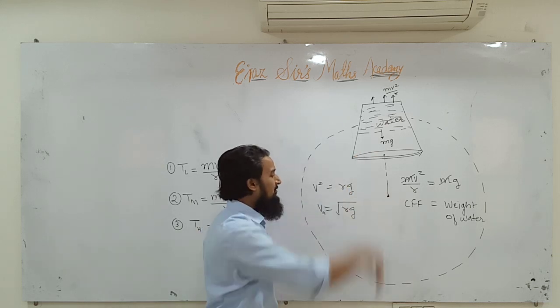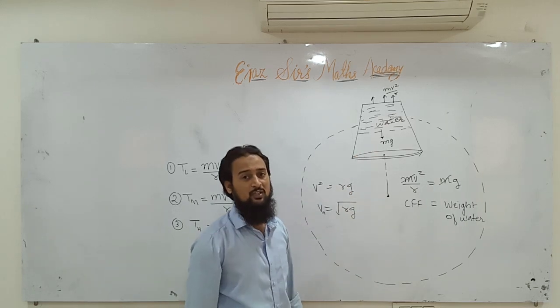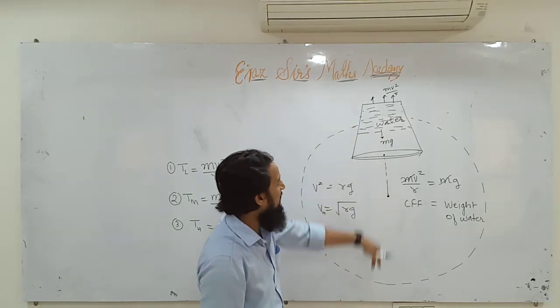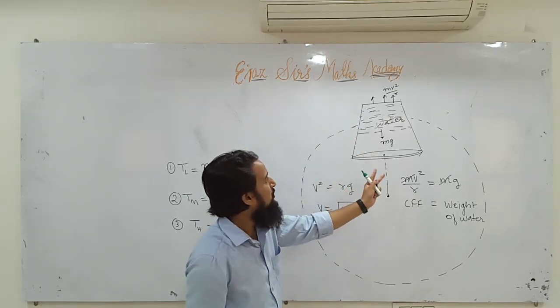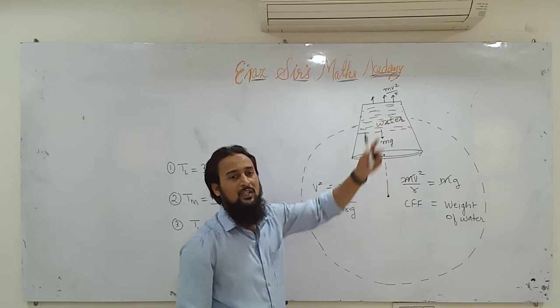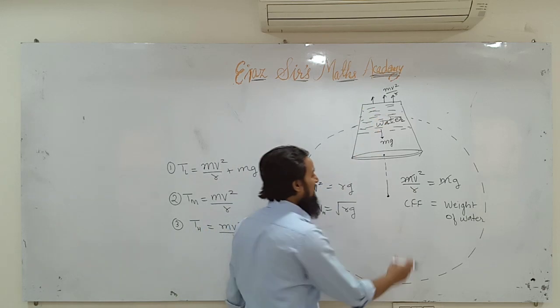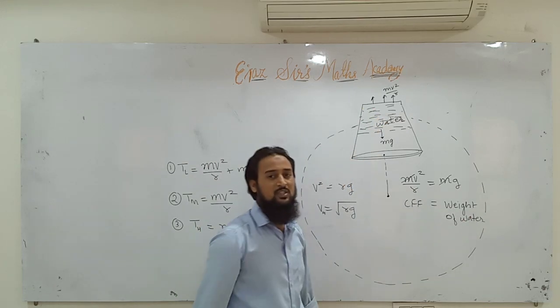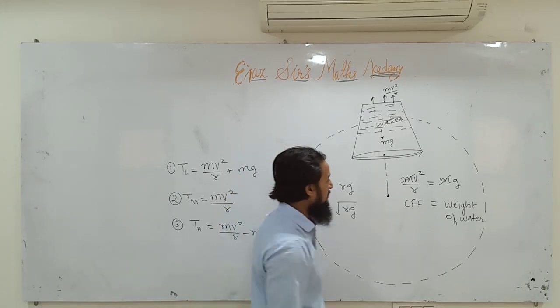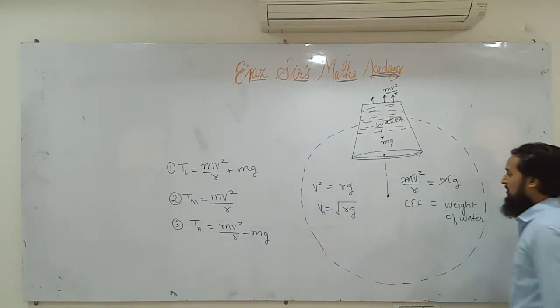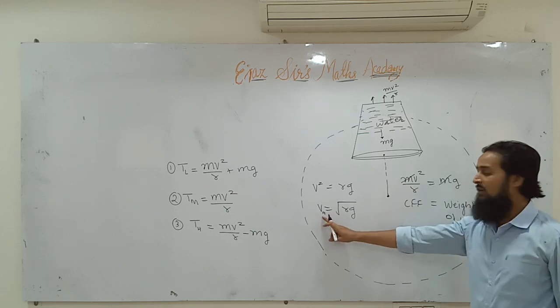and this is the speed at which centrifugal force is equal to the weight of the water. Means the water wants to come down. Centrifugal force says, do not, oh water, do not fall down. Let us balance each other, and both will be equal in magnitude and opposite in directions, and the water will not fall down. Understood? So for that, how much should be the minimum velocity?